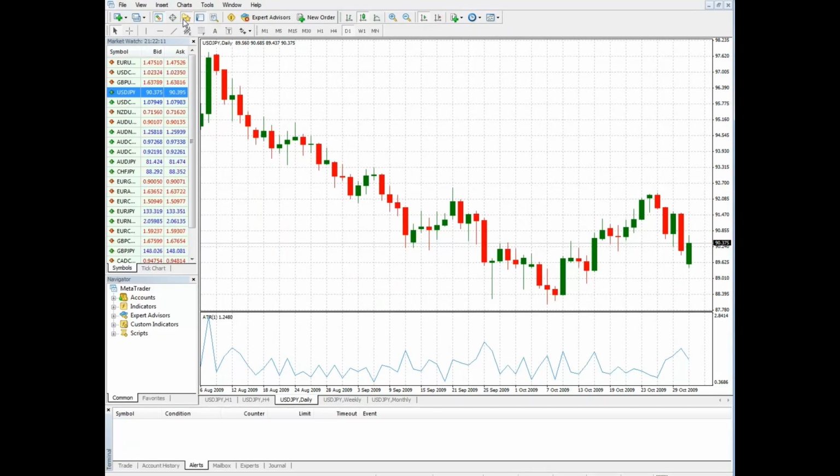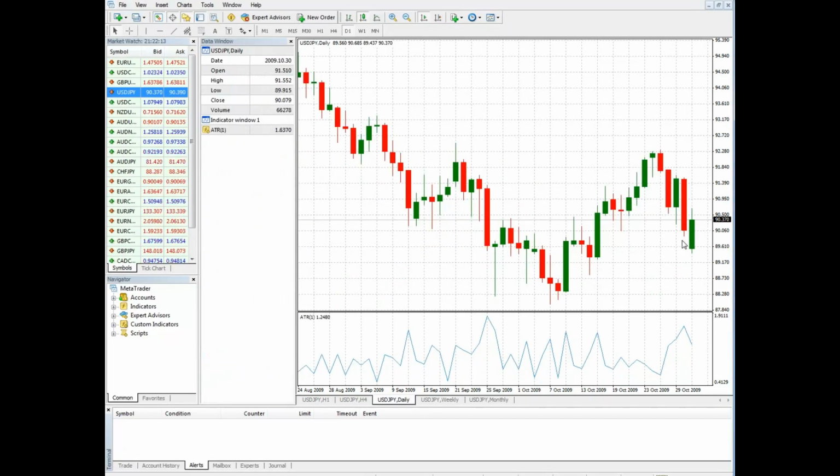Daily, let's see what things look like. Okay. Japanese yen can really get moving. I don't see any particular pattern that we may be interested in here, so